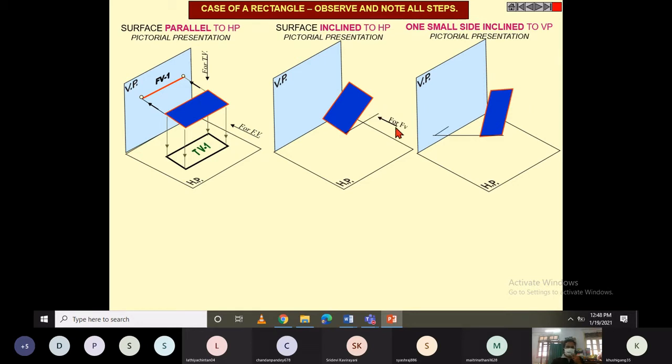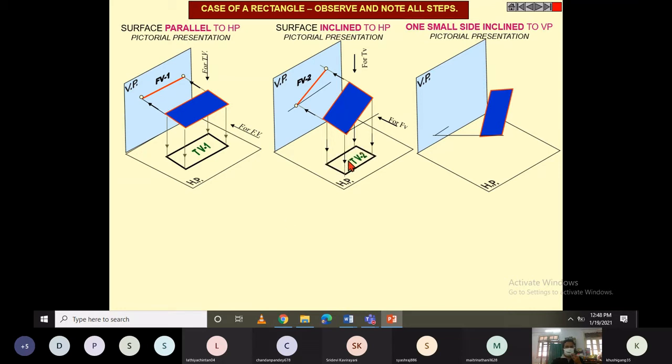Now in this case, for the front view, when we look from the front, this surface is still perpendicular to VP. That's why we can only see these edges, front edge and rear edge, which are at a certain angle, whatever angle is given with respect to HP. So this is how the front view projection of this case looks, where the front view projection is at a certain angle with respect to the horizontal plane. Now when we look from the top, the four different points are also visible. At the same time, this surface is also visible from the top. So this is how the top view projection looks.